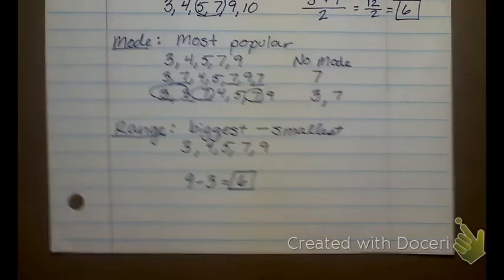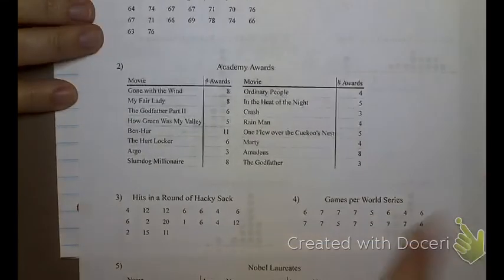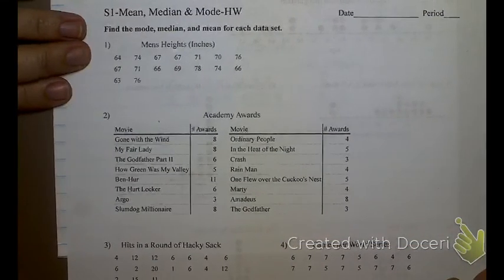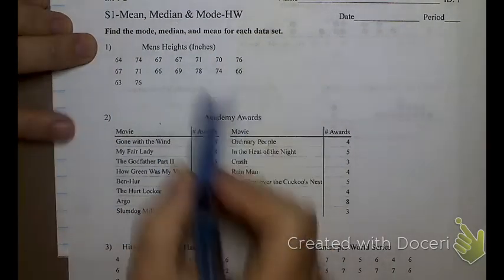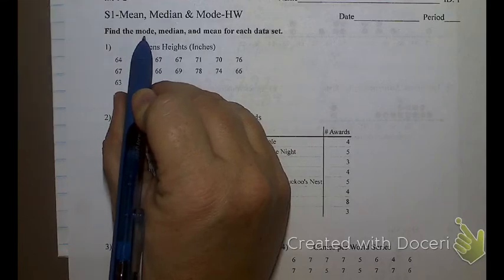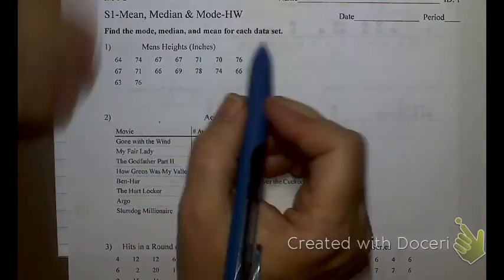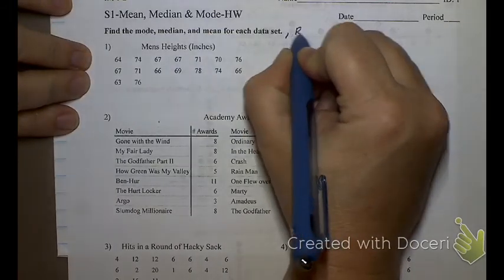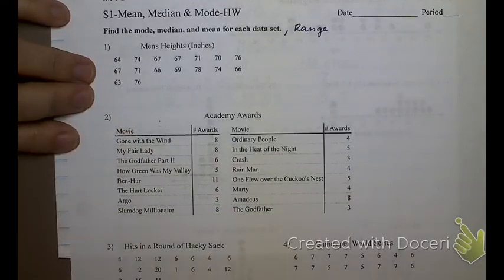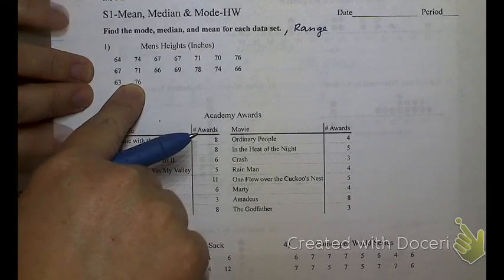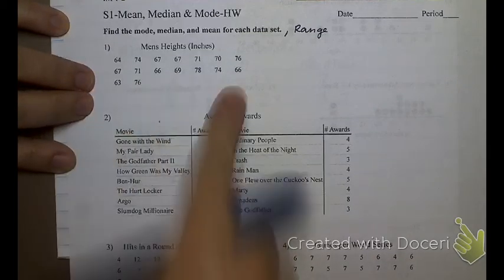All right, now let me talk to you about something. I'm not quite done with the notes, so give me a second here. But this is what your homework's going to look like. I'll pass it out in just a minute. So you have lists of data, lists of numbers. I'm finding that they write it backwards: mode, median, and mean. I'm so used to saying mean, median, mode. Backwards to me. But I also want you to find the range for each of these sets of data. Now this is a little bit longer of a list, but you can still find mean, median, mode, and range pretty easily, right? So there's your data here.